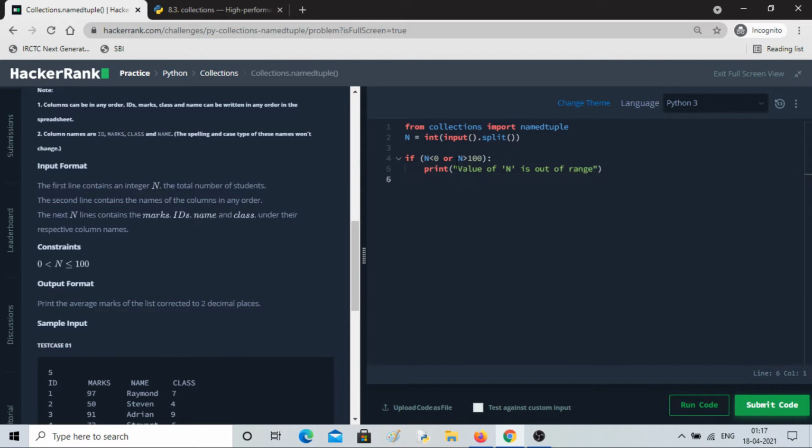If it is less than 0, equal to will also work. Okay, so here equal to should not be there. If it is less than or equal to 0 or greater than 100, it will not work. It will print "value of n is out of range", and then it will break.